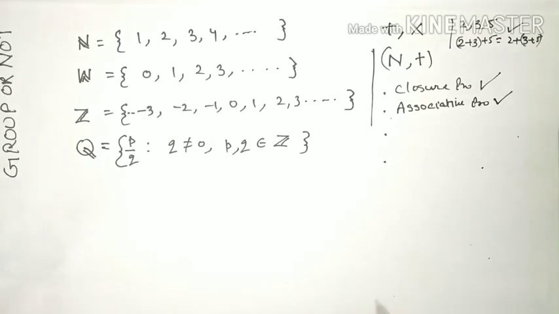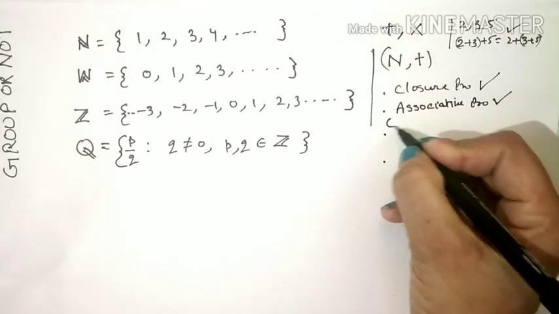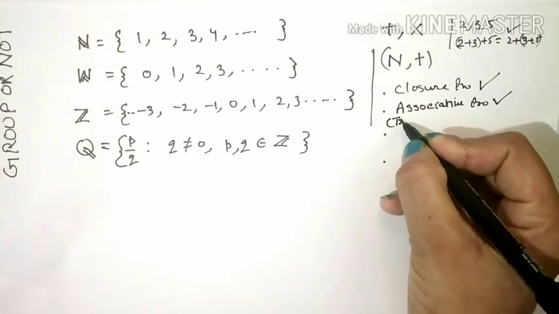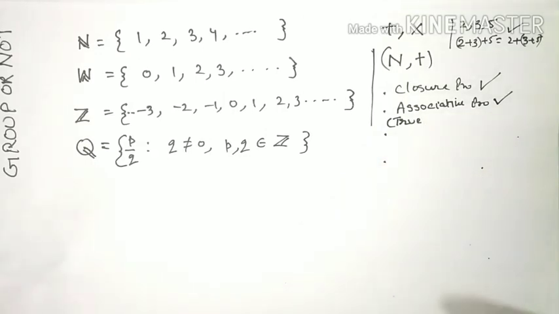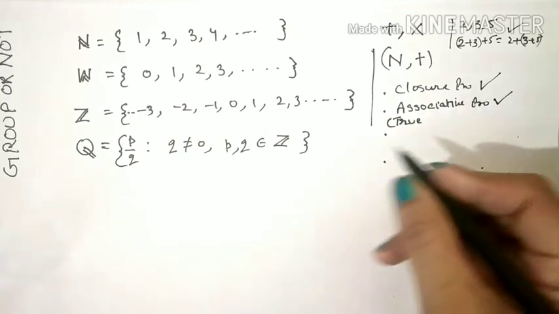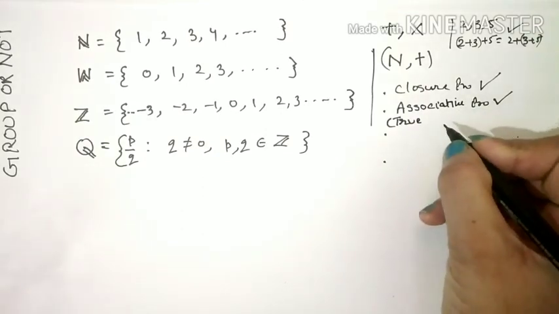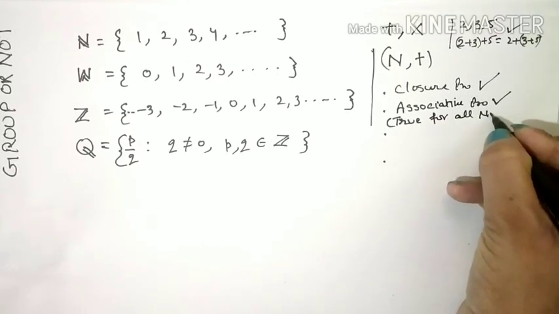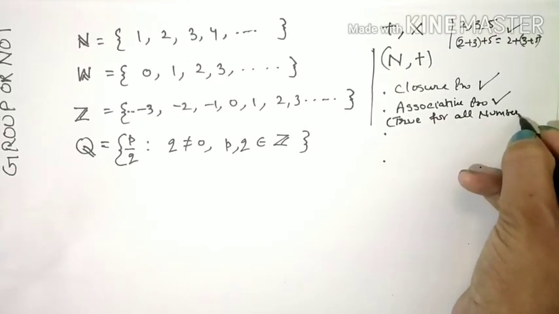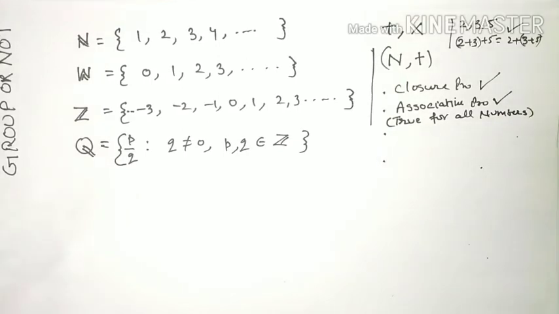The associative property is actually true for all numbers, whether they are natural, whole numbers, integers, rational numbers, irrational numbers, real numbers, or complex numbers. This property is true for all numbers. So again and again, we don't need to prove it for every question. If we have a question of numbers, then this property is always true. True for all numbers. All numbers means every type of numbers, right?